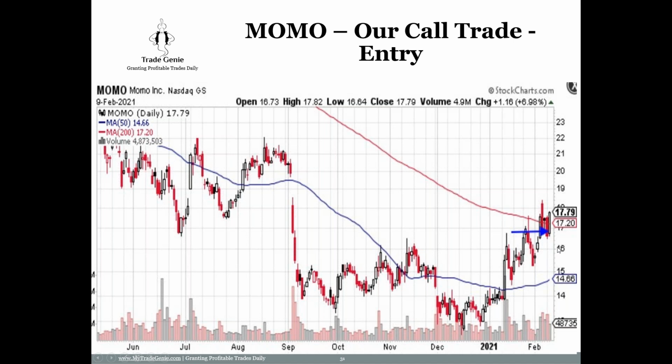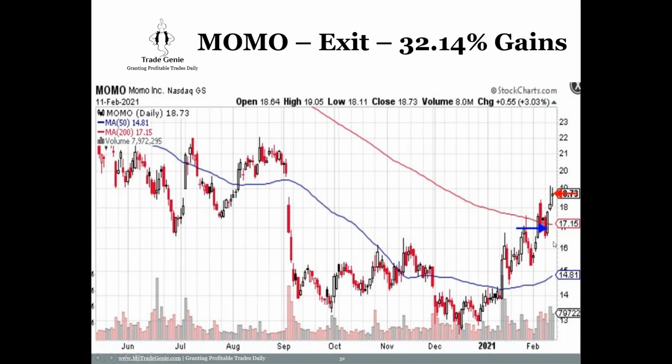People say never average a losing trade. That word never is not correct. You can average, provided you know that you are doing it correctly. So here's the support zone. So enter long in Momo, and you see